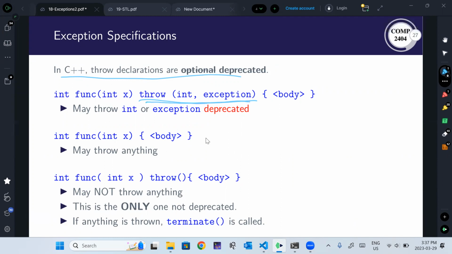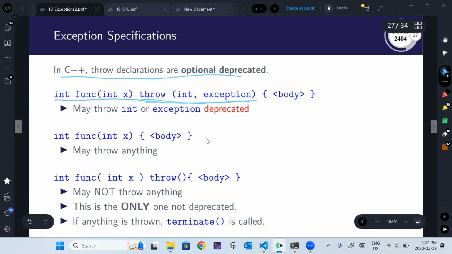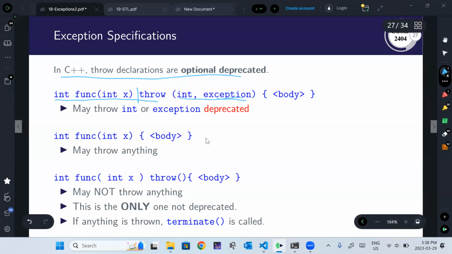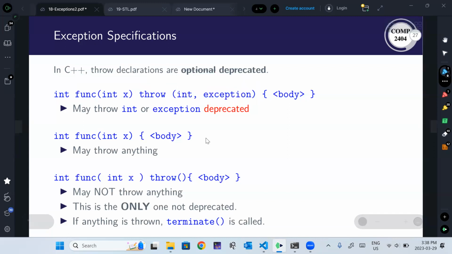So when I declare a function and when I implement it, I can declare the things that function is allowed to throw. In this case, my function func can throw an int or an exception. Anything else I would try to throw there would simply terminate, right? So these are the only allowable things I can throw. It turns out they weren't that useful because they stopped using them. If I don't have any throws declaration, of course, I can throw whatever I like from this function.